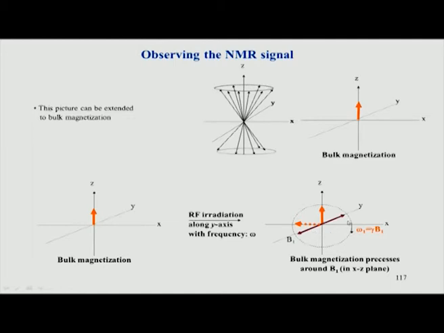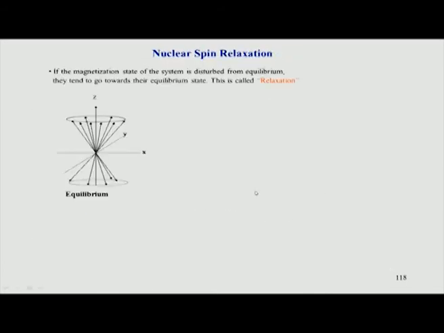So, this is a very tiny magnetic field applied, and the spin starts moving around that magnetic field in the rotating frame, and we stop the experiment when it is 90 degrees. When we stop at 90 degrees, that becomes a 90 degree pulse. Then once you remove this pulse, it is called relaxation.